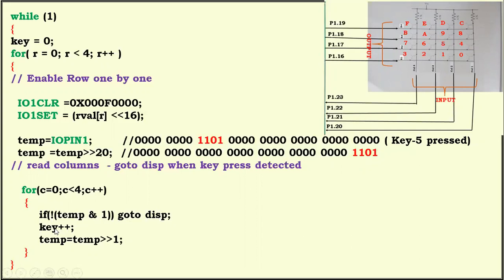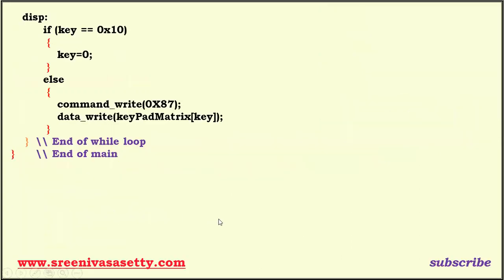Key becomes 5. Then shift this value. We'll get this value 0. Then 0 into 1, whole thing is 0. 0 means false, not false, true. Then it takes you to this statement, go to display. We are going to execute this particular code. Therefore here we are checking whether this contains 5 equal to 10, false.